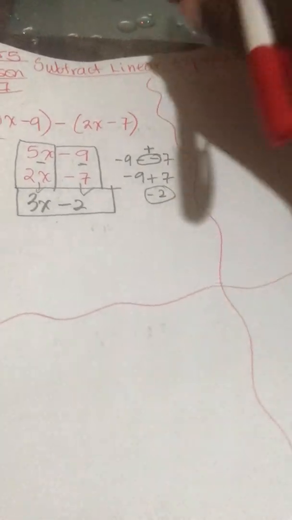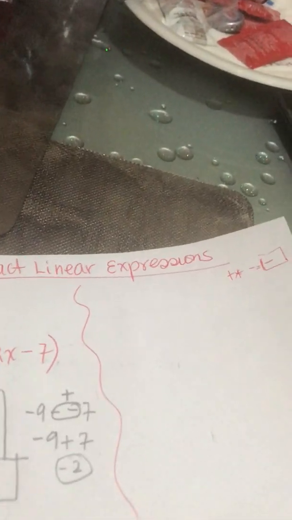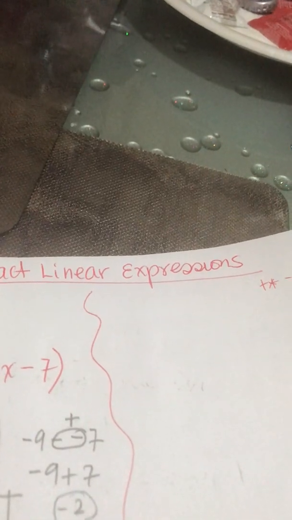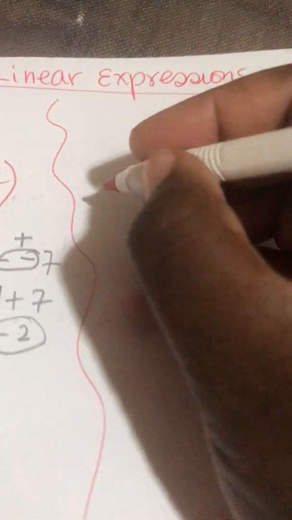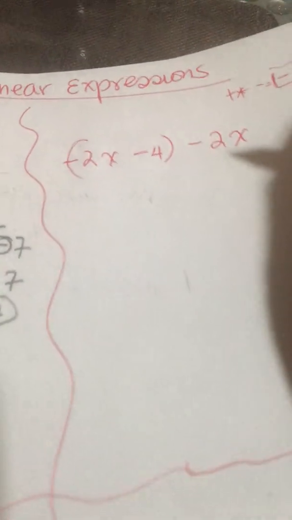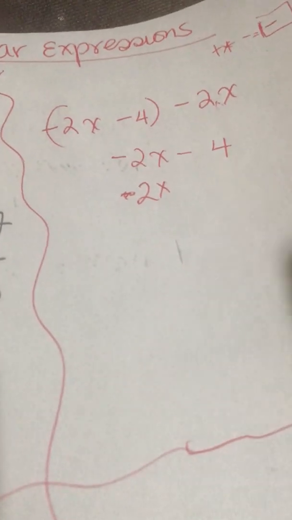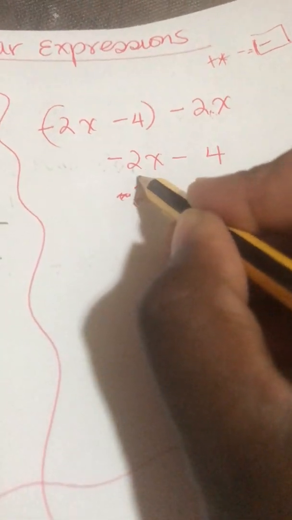Then we do example 2. Okay, example 2. Let us do negative 2x minus 4 minus 2x. So vertically, we'll write negative 2x minus 4. And 2x, sorry, this 2x here. And then because of this minus, I will write minus. Now remember,